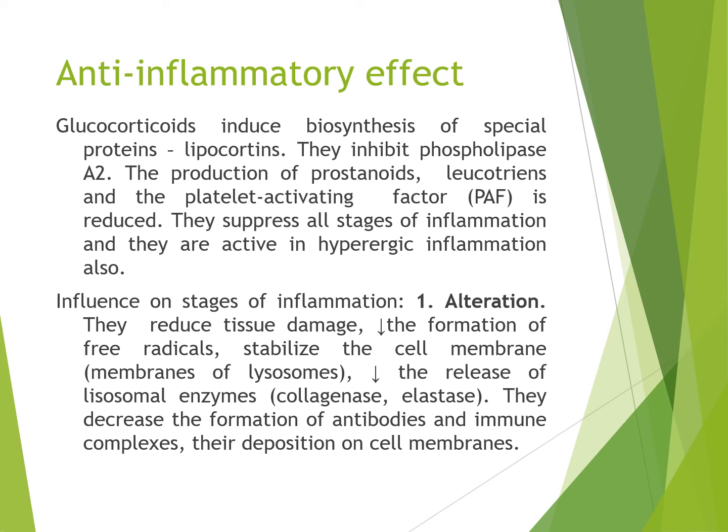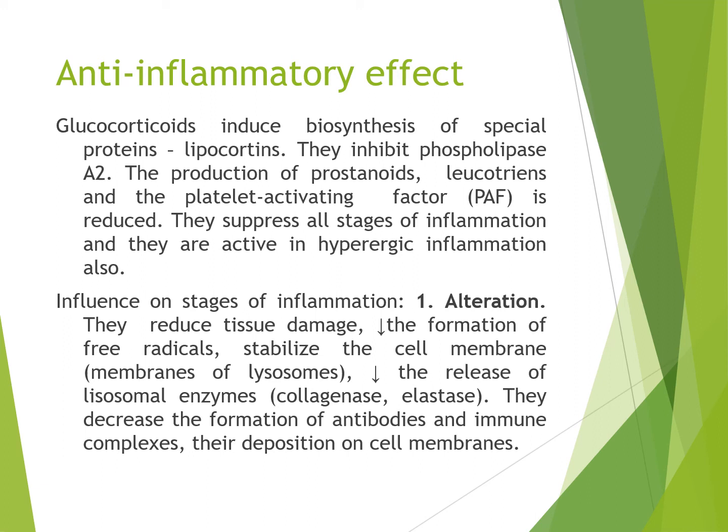So glucocorticoids inhibit this enzyme phospholipase A2, which leads to the decrease of the production of arachidonic acid and of prostanoids, and leukotrienes also, because it inhibits not only cyclooxygenase transformation but also lipoxygenase transformation from arachidonic acid. Also, it inhibits the platelet activating factor, and they suppress all stages of inflammation, all stages,